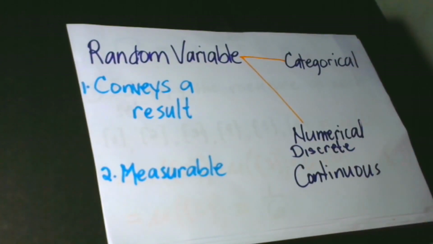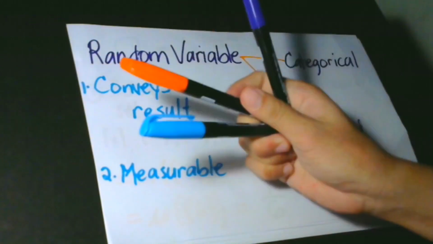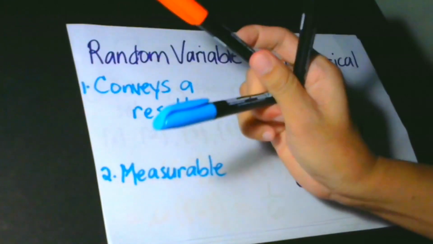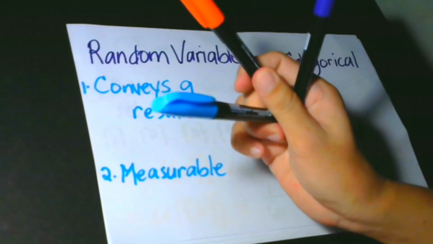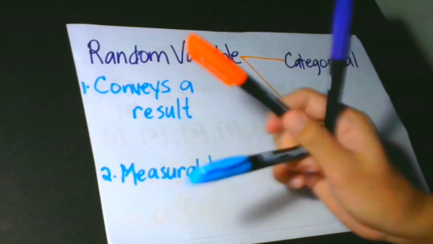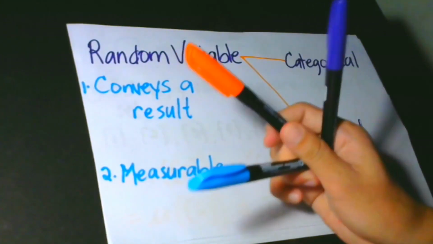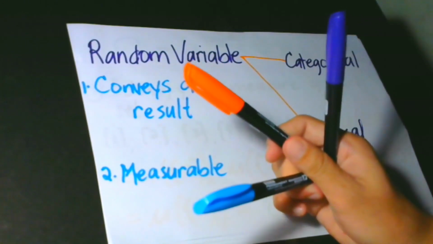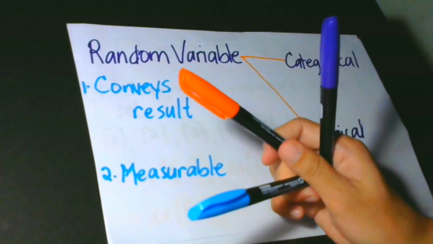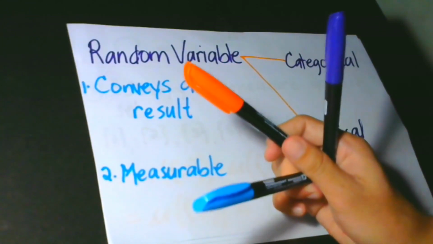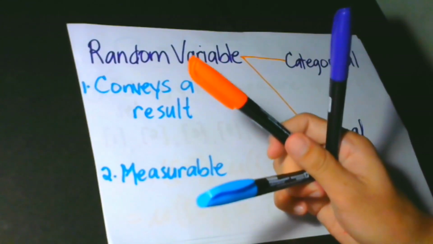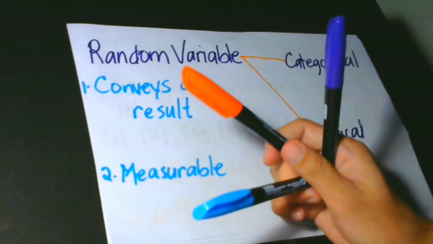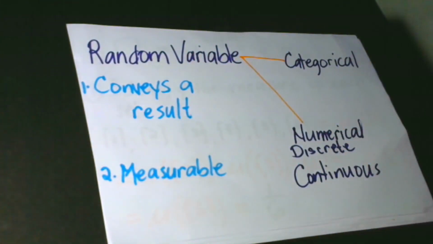So for example, this is just a very simple example. I have here 3 pens. So we have violet, we have the blue, then we have the orange. I'm going to ask you to pick one at random. Let's imagine that you are blindfolded. With this, we know that all of them have the same chance of being picked. But as to which one of them, we do not know yet. So this is the simple concept of a random phenomenon.